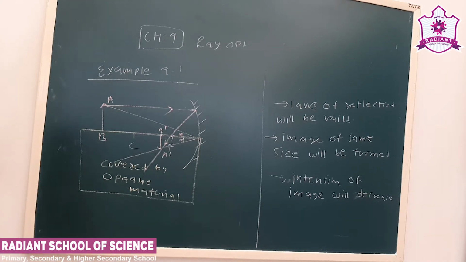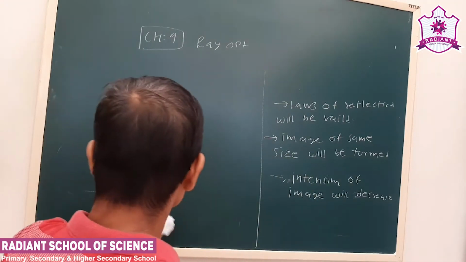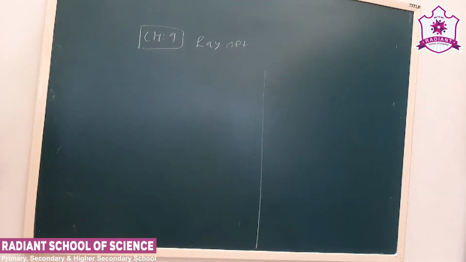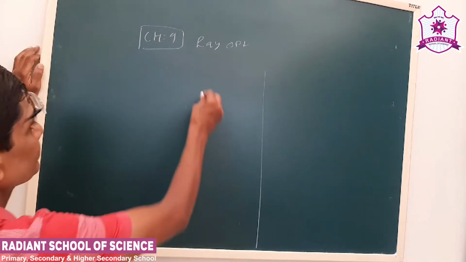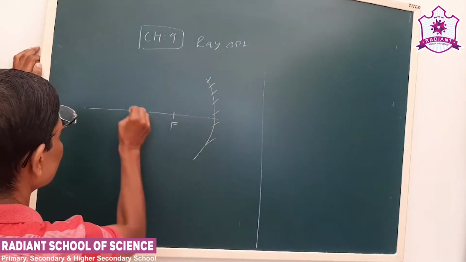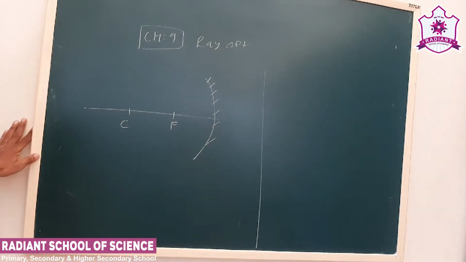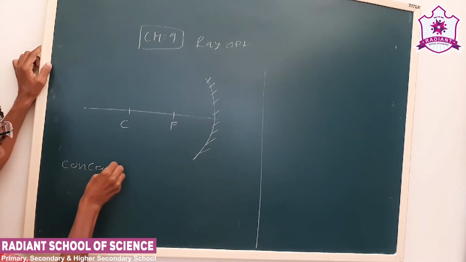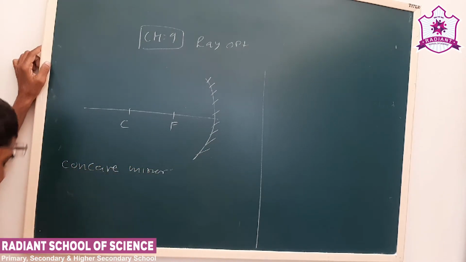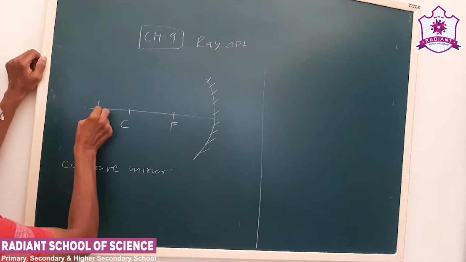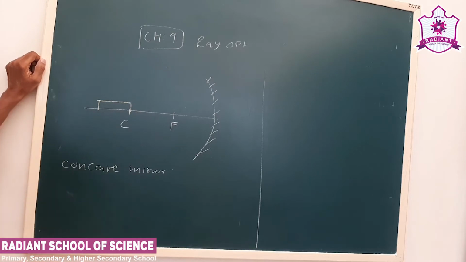Now see our next question. Okay, that is also related to reflection by a mirror. See, here in the textbook they have given a mobile. Okay, but we consider a linear object of some dimension, so we can understand it easily. Now let us say here also a concave mirror is given. Now let us say our linear object is like this. Let us say this is our mobile.